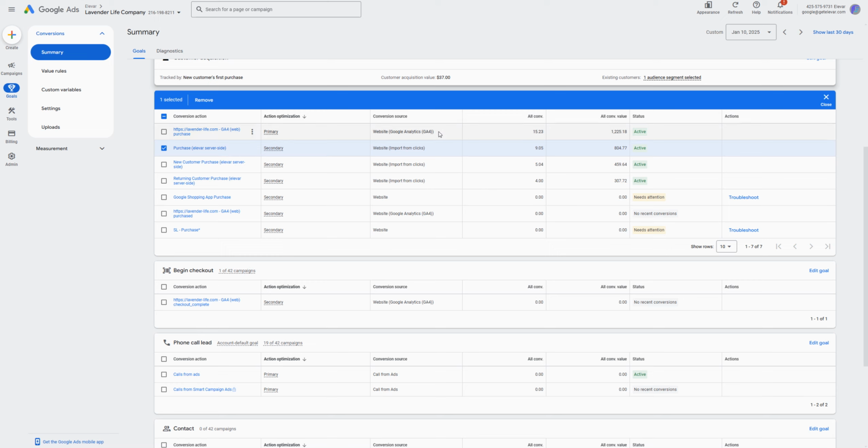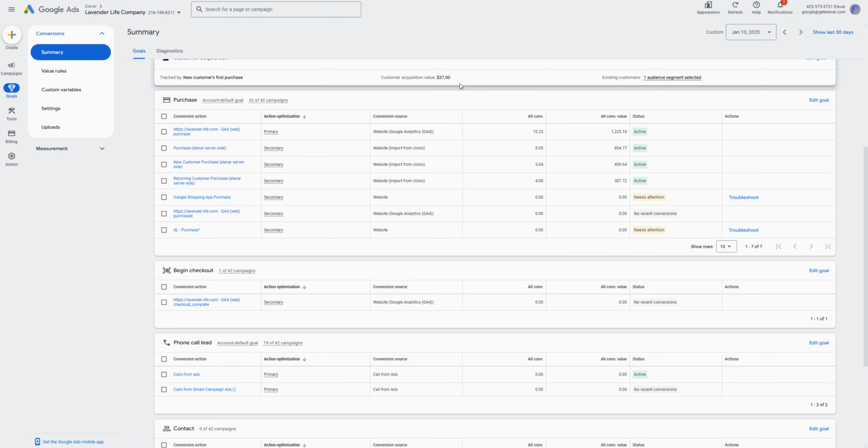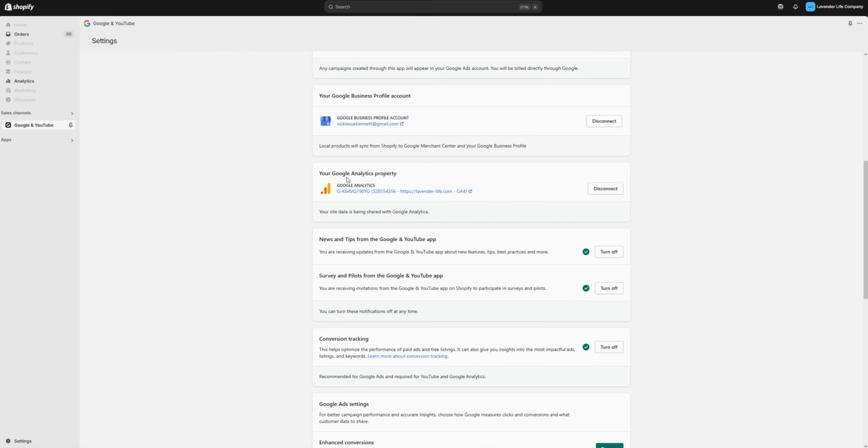So as you can see here, the purchase event is being sent by a server. So we are sending the purchase data to GA4 server-side, and at the same time your native integration is also sending the same data. Now when GA4 collects those data, both data will be imported back here in Google Ads. Thus it's duplicating.